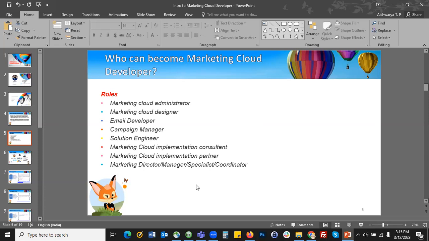Other than that, we can also think of the campaign manager, who will always be managing campaigns right from the start, and scheduling, all those things will be under their hat. So they can also become a Marketing Cloud developer. Solution engineers, implementation consultants, and implementation partners are the ones who give good solutions and best practices when a customer reaches out to them with problems or troubleshooting issues.